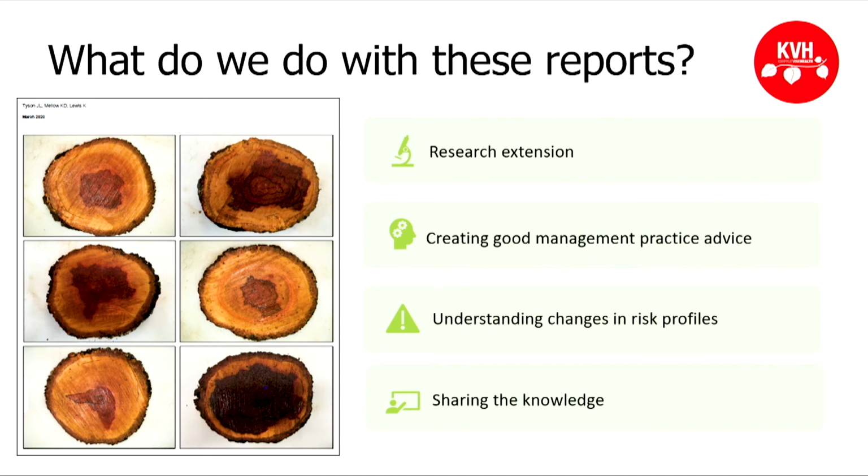And I think a real benefit for the growers is understanding what's happening on orchard, but also understanding how to manage what's happening on orchard. So the more reports we get, the better our management advice can be and more targeted, which really feeds into understanding changes in risk profile. So just highlighting that it's not necessarily about what's new, it's about what's changing on orchard and what we need to be aware of so that we can manage it as soon as possible, which really feeds into this top